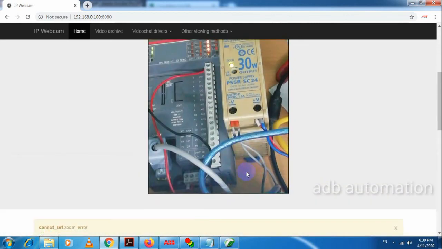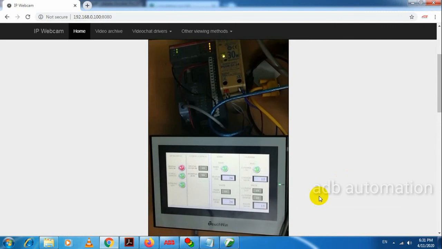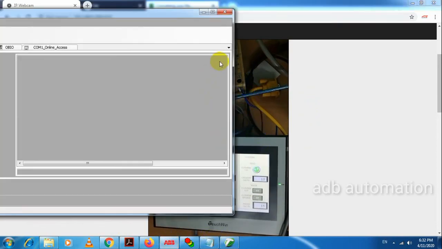So connection is very simple. We have to select the PLC model in Touchwin software, and we have to make the program in PLC, and we have to do the setting in PLC software.